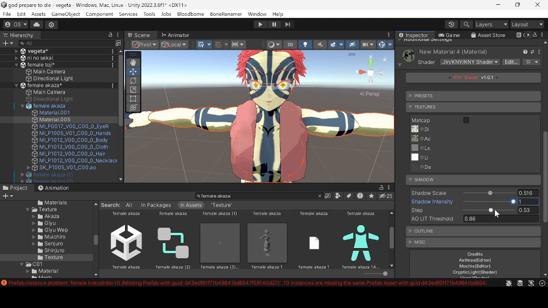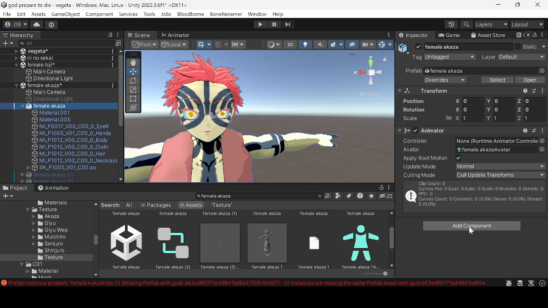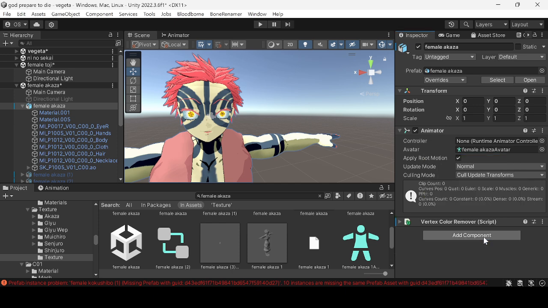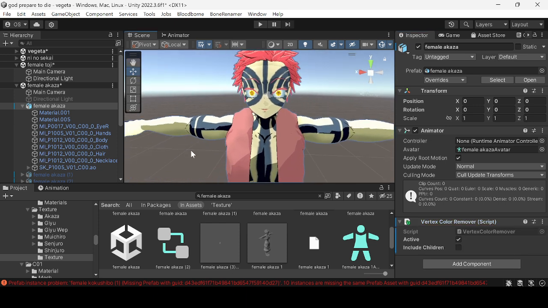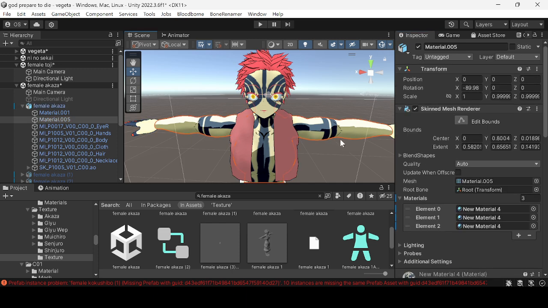So let me just do this, this, and this to her body, okay? You can see all that. But if I select the avatar, click here and say vertex remover. This is what's shading. This is what we all want. But this will remove the vertex. But